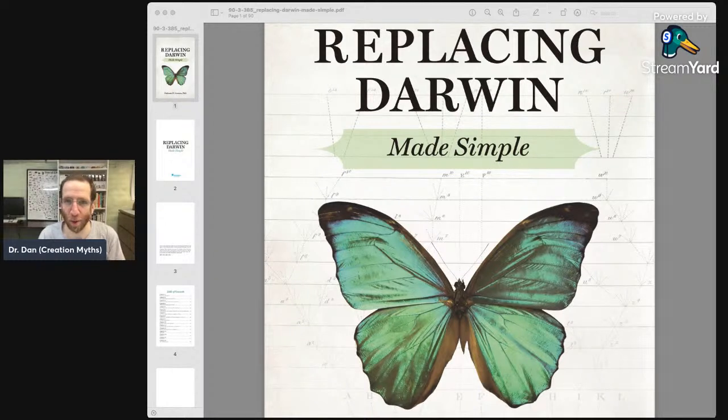The original Replacing Darwin was not good. He didn't make a strong case. He didn't do a good job, so this book does not do a better job. But in this book he's seemingly and openly annoyed, a couple of times, that the earlier book did not make a bigger splash.